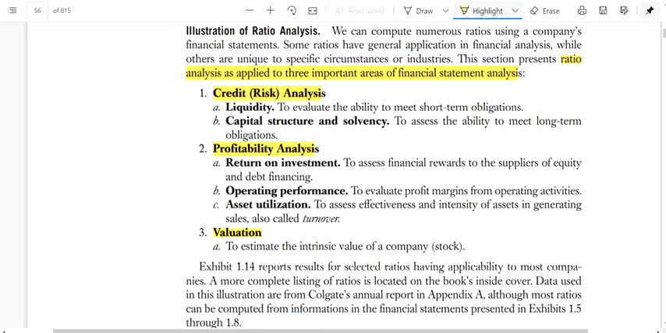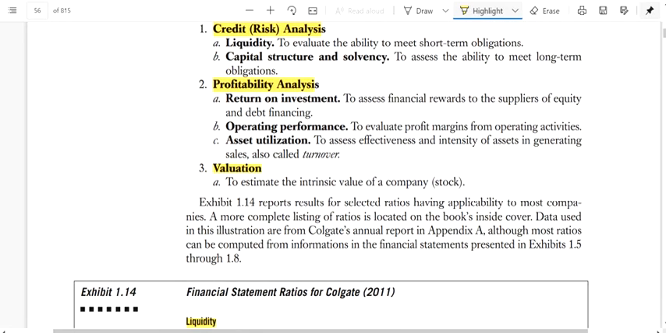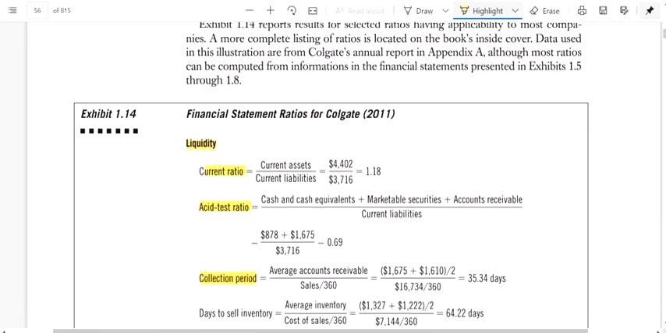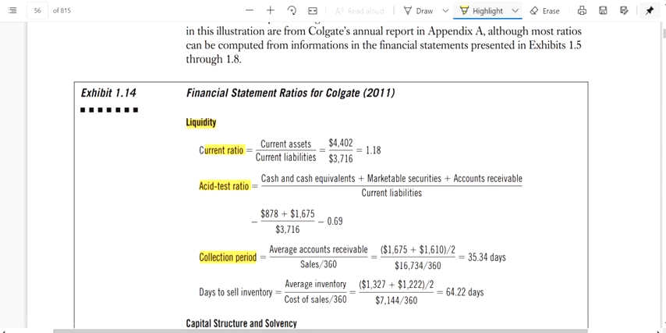So kita akan buat liquidity ratio. Liquidity ratio ni to evaluate the ability to meet short-term obligations. So dalam liquidity ratio ni kita akan kira current ratio, acid test ratio, collection period, days to sell inventory. Yalah yang you all akan kira. So maksudnya bila kita kira ni, okay, you akan tahu